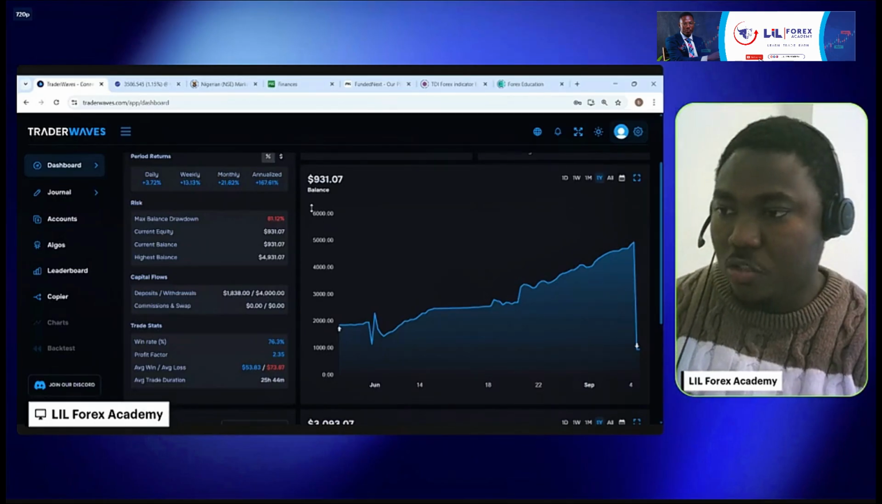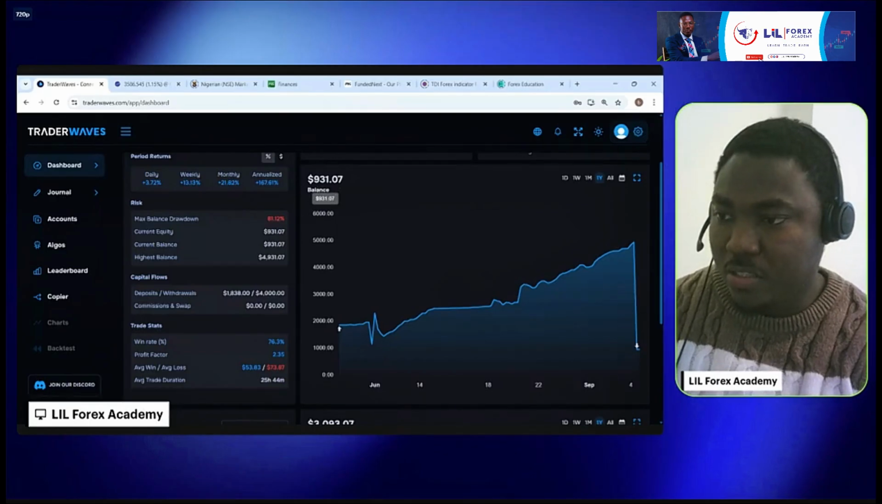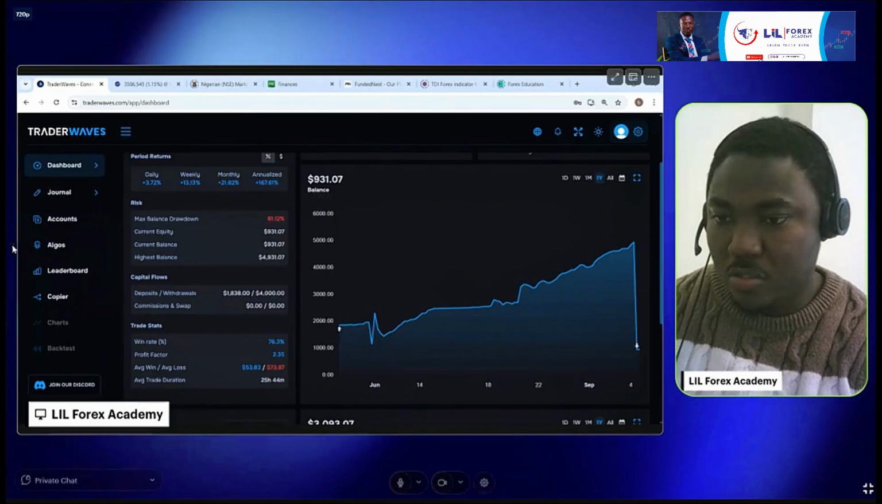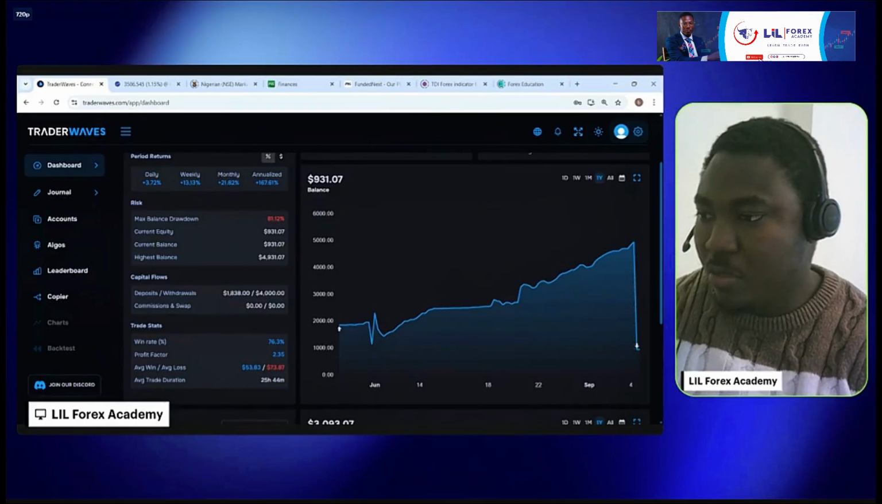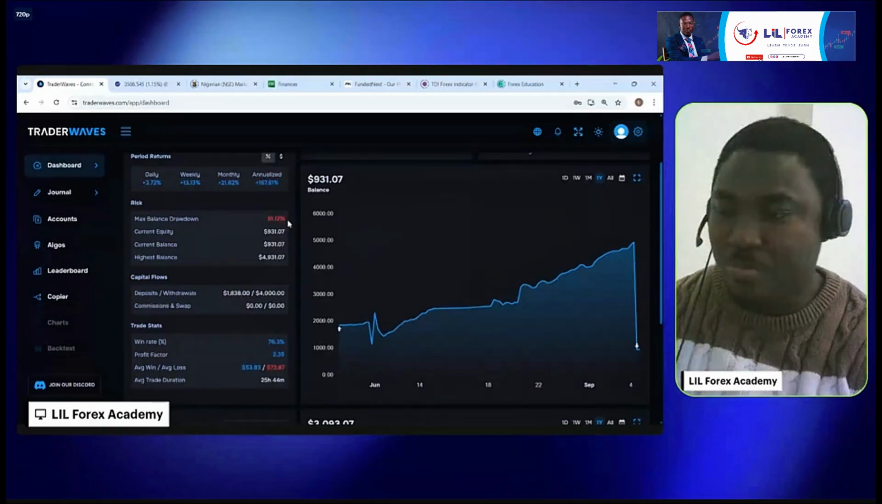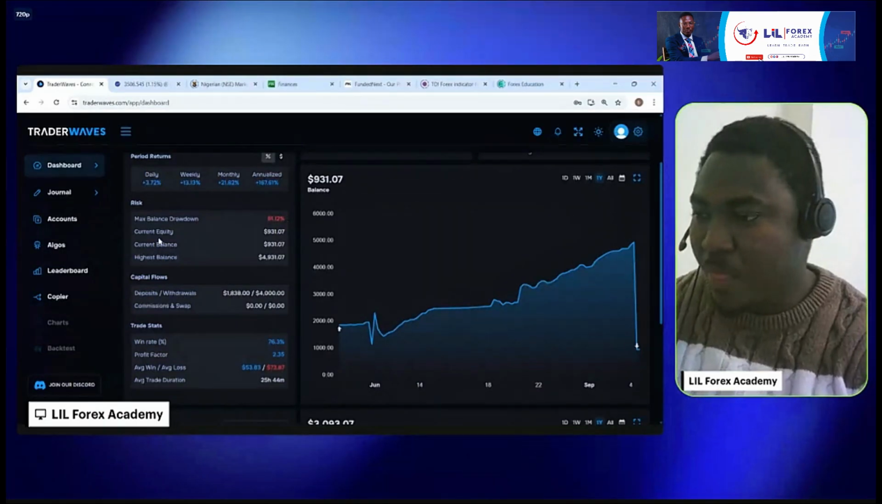Okay, so I just withdrew some of my profits, and that's why my balance is back to 391. So I just did that today. Okay, now what can we see? The maximum balance drawdown is 1.12, which is really bad for this account. Current equity is 391, because I just withdrew. So highest balance is